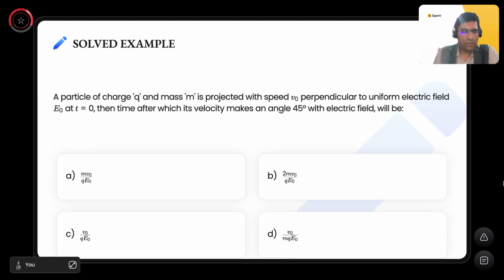A particle of charge q and mass m is projected with speed v naught perpendicular to the uniform electric field E naught at t equal to 0. The time after which its velocity makes an angle 45 degrees with the electric field. So let's draw the diagram first. So we have an electric field,